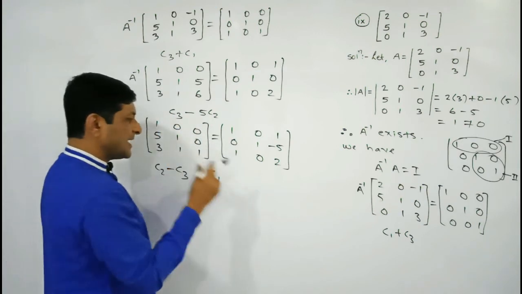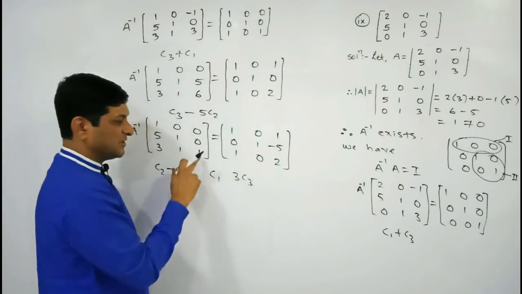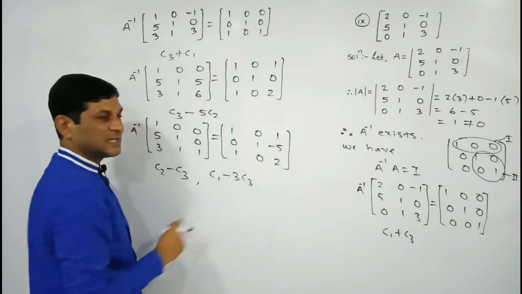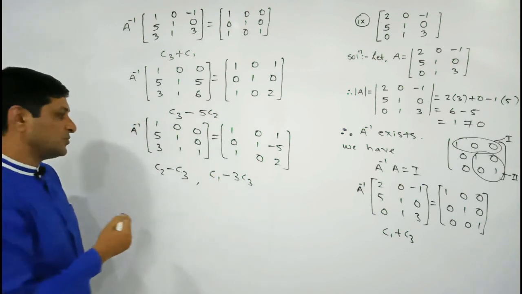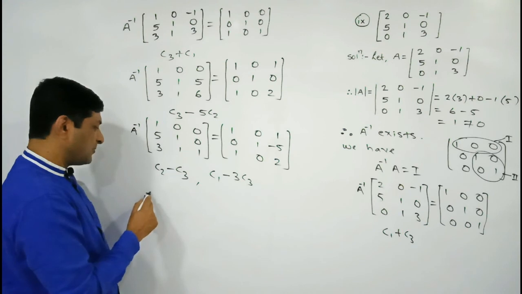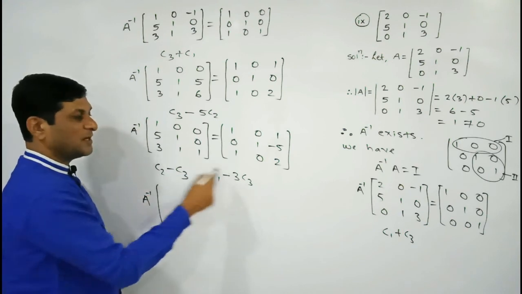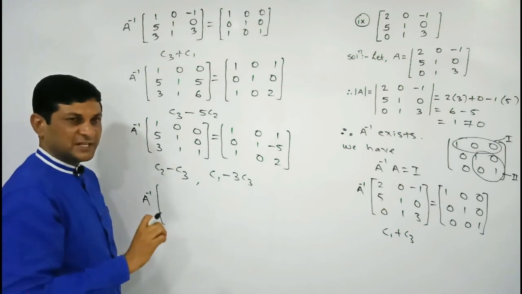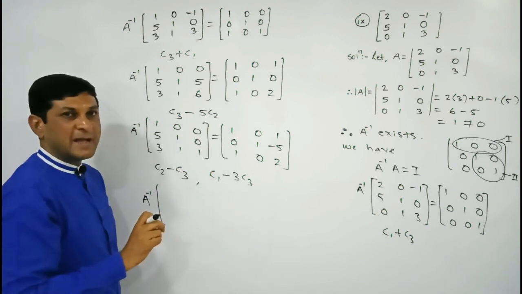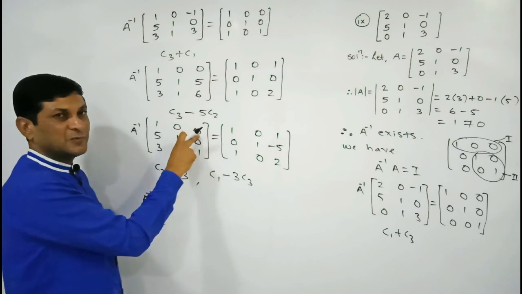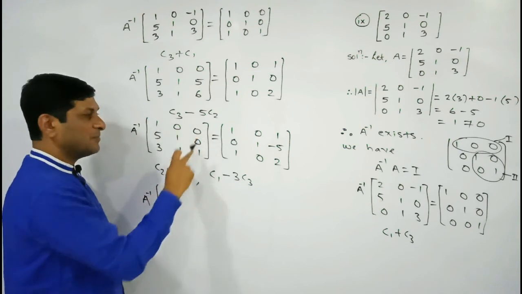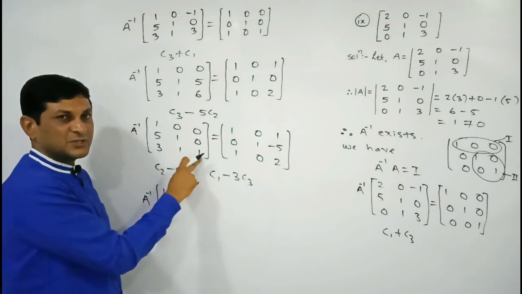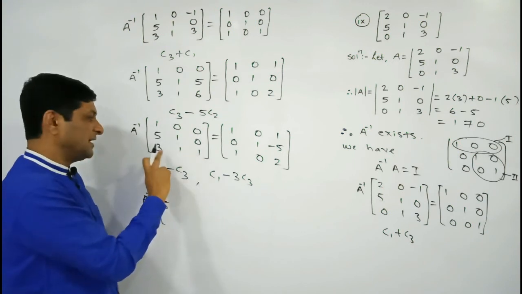So we are multiplying here by 3. 3 into C3 means 3 into 1 will be 3, and 3 minus 3, we have to take the subtraction to convert it into 0. So let us perform these two operations. The first operation is on C1, and we are using the corresponding element of C3, multiplying C3 by minus 3. Multiply by minus 3, what will we get? 0. 0 plus 1 is 1. Multiply by minus 3, 0. 0 plus 5 is 5. Multiply by minus 3, 1 into minus 3 is minus 3. Minus 3 plus 3 is 0.